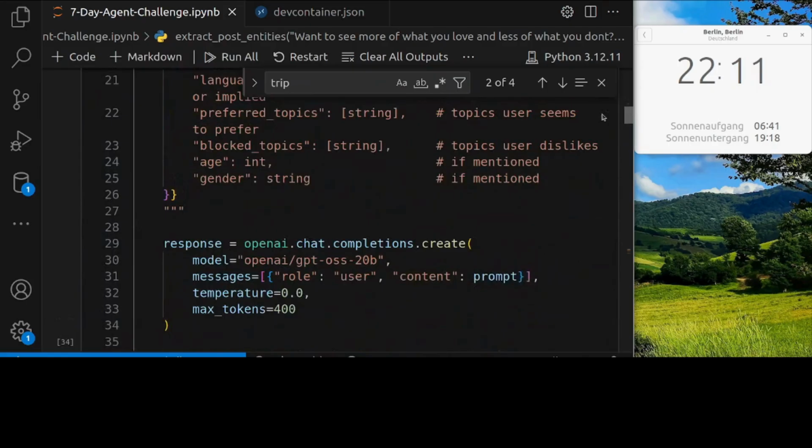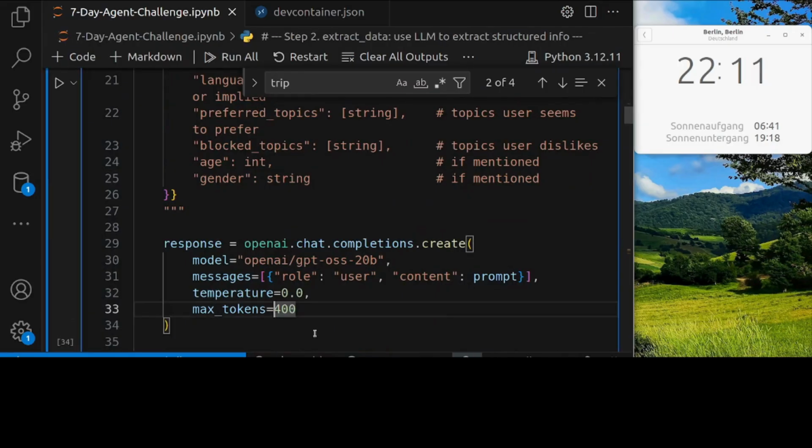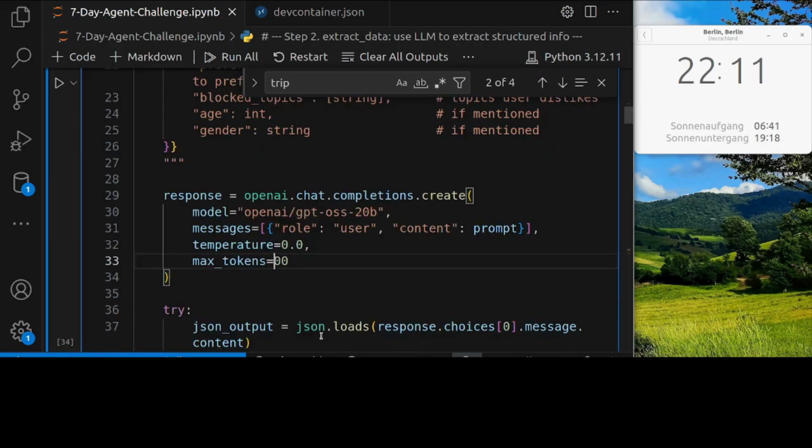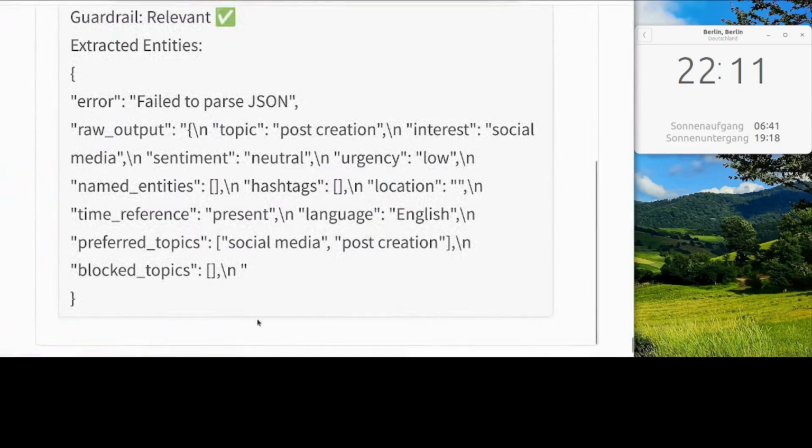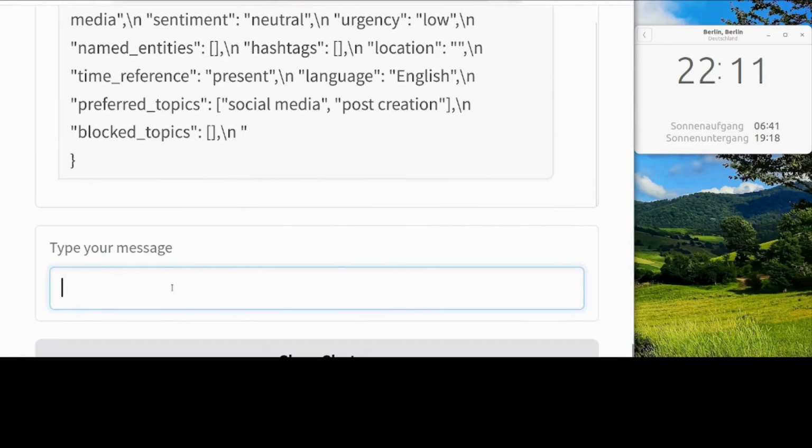Here is why. The max token limit is set to 400, which may seem enough at first glance. The final JSON output alone would likely stay below that limit. But GPT-OSS-20B is a reasoning model. It generates tokens not only for the final output, but also for its internal reasoning. Those tokens are counted as well. So the 400 token limit applies to the sum of internal reasoning tokens and the final output, not just the